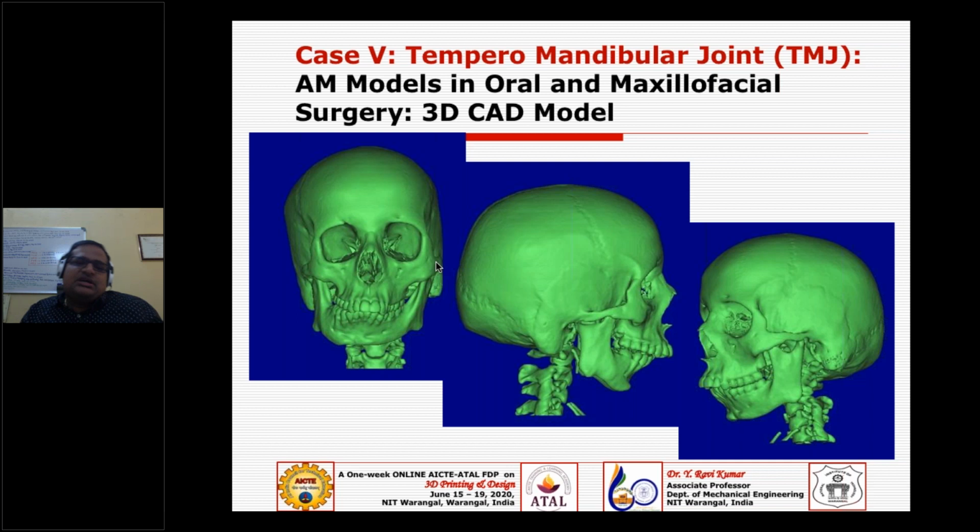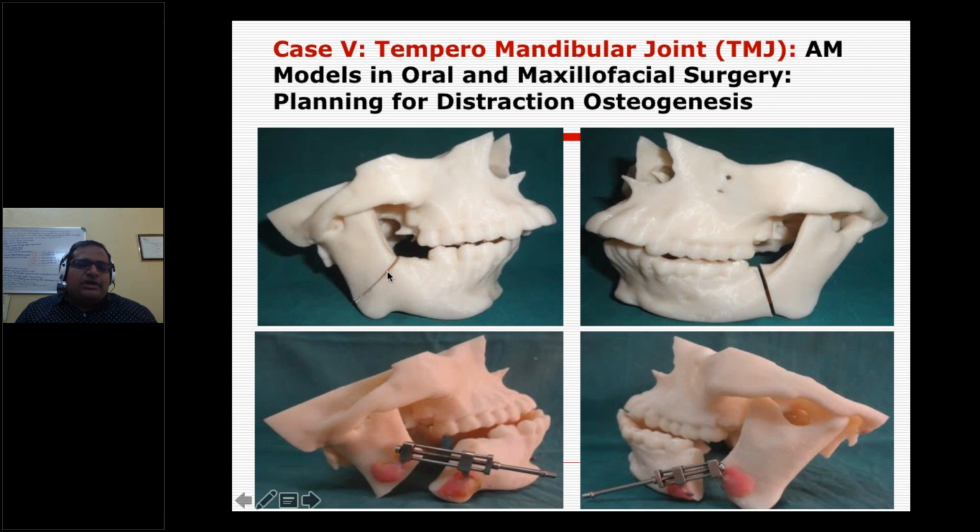So anyway, we start by taking the CT data of the patient, and this is what I'm talking about. We have to cut the bone and leave the gap, and slowly the bone will grow, and you are using this distractor. This distractor has a screw here. In this case I think around 19 mm on one side, maybe 21 on the other side, if I remember those values correctly. Then we stretch the bone; this is the initial condition without stretching, just an air gap.